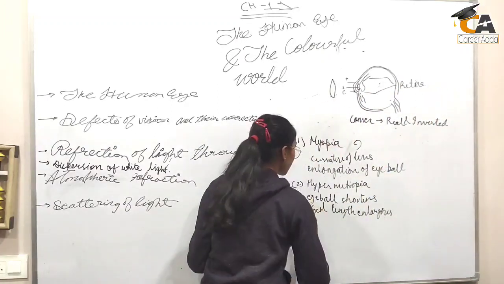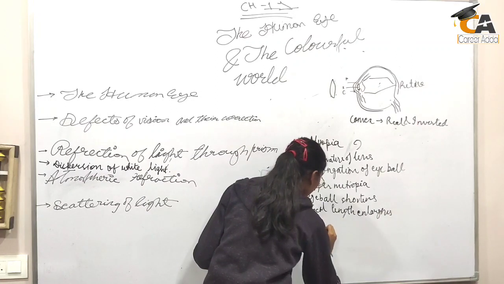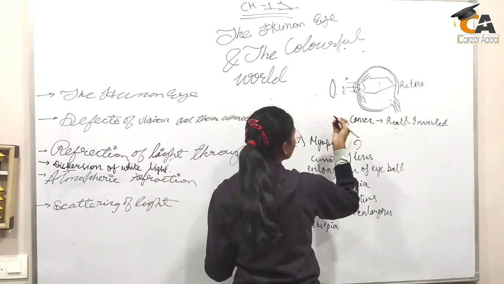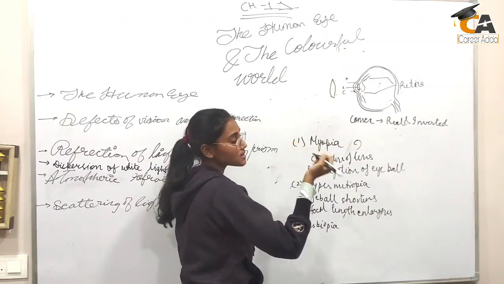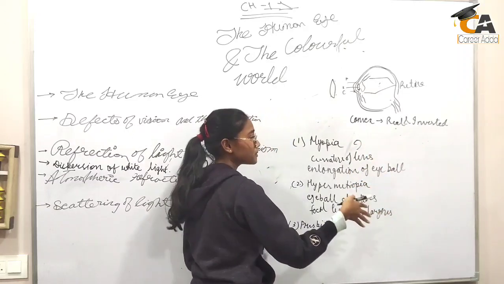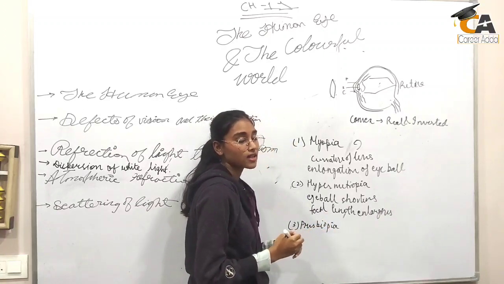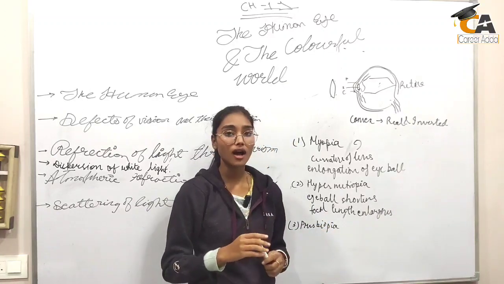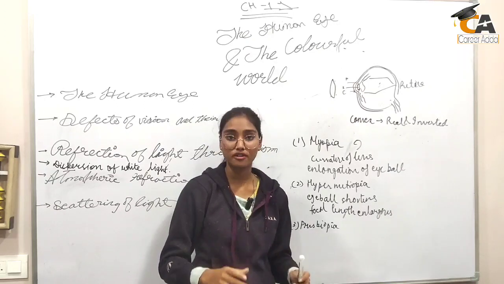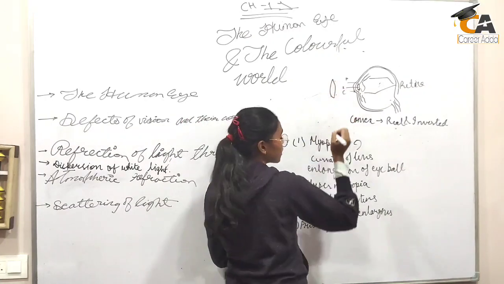Now we have studied the second one. The third one is presbyopia. For presbyopia, we use a combination of concave and convex lens, because in this eye a person can neither see to a limited point nor to an infinity point. So for this correction we use a convex as well as a concave lens. A normal human being can see approximately a distance of 25 centimeters and a maximum to infinity. So for presbyopia, for correction we use a concave as well as convex lens.